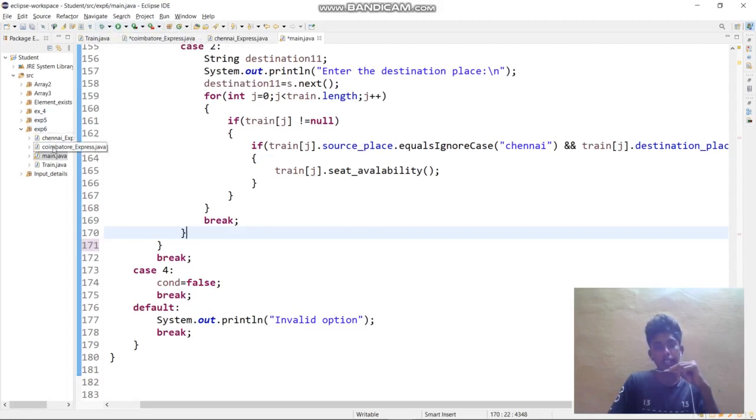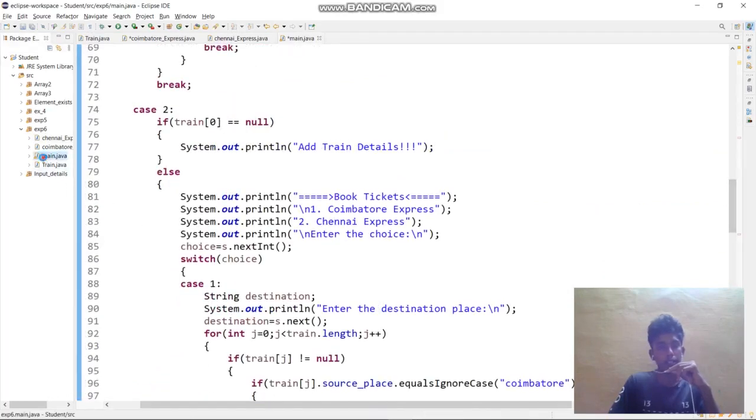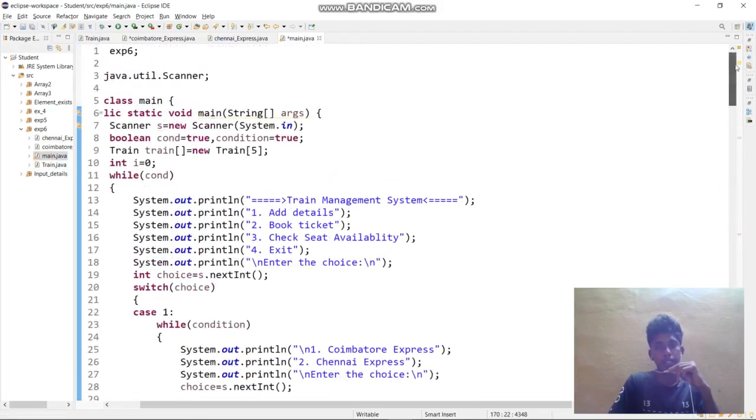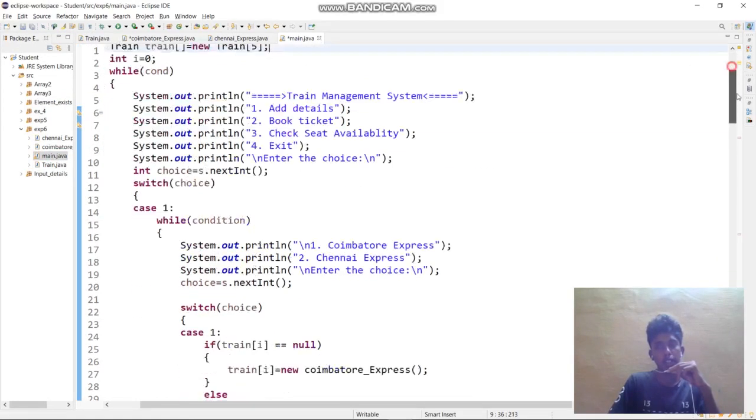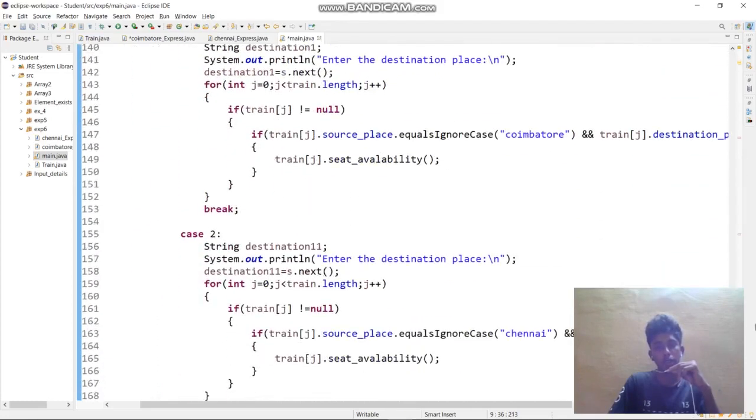This is the inheritance. See here, this is the superclass, and this is the main class. Both are subclasses, both are children of Train, because they have extended it. And dynamic dispatch means this only. See here in main. Initially, I have created the Train superclass only, but it will execute for Coimbatore and Chennai,